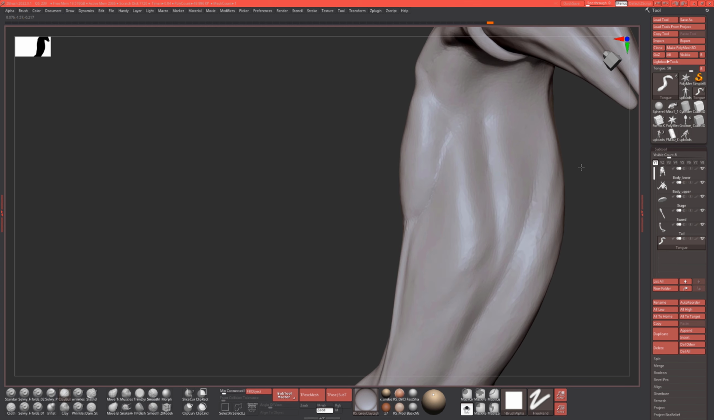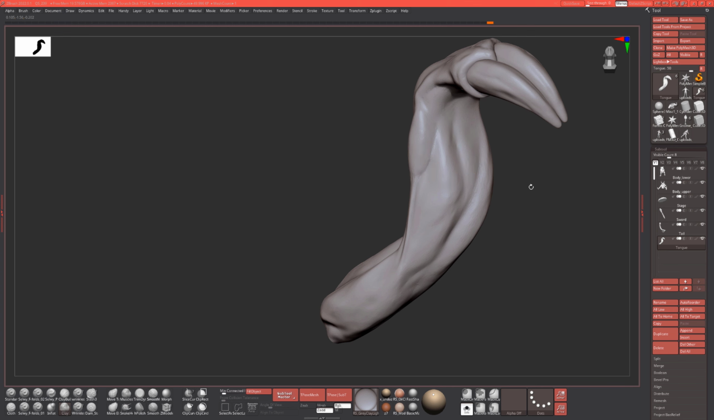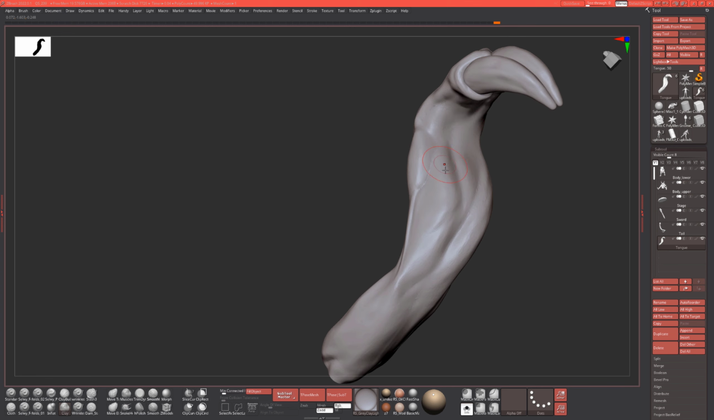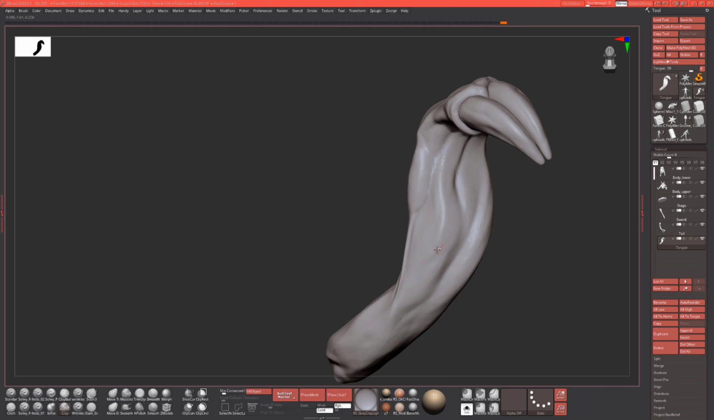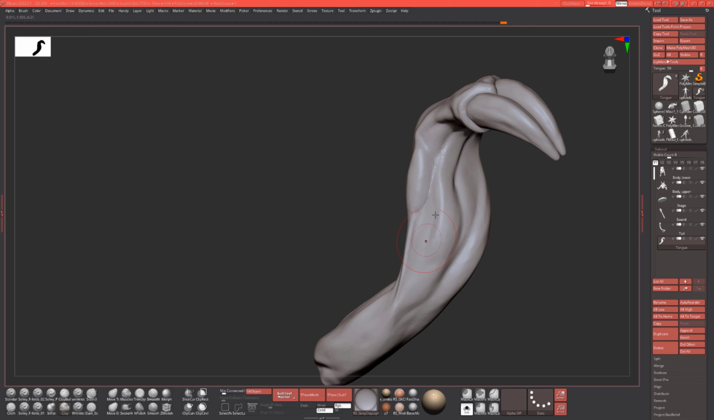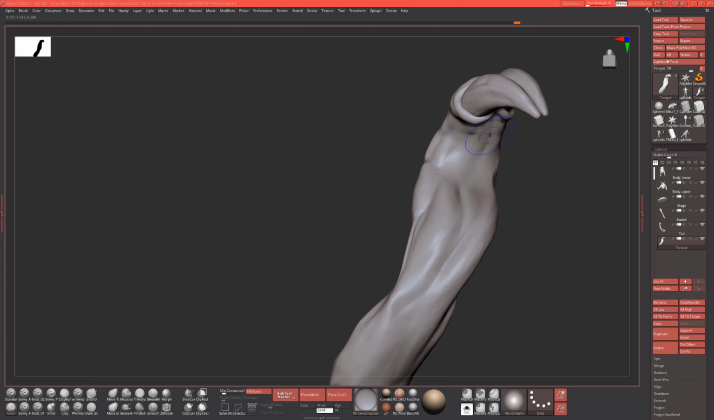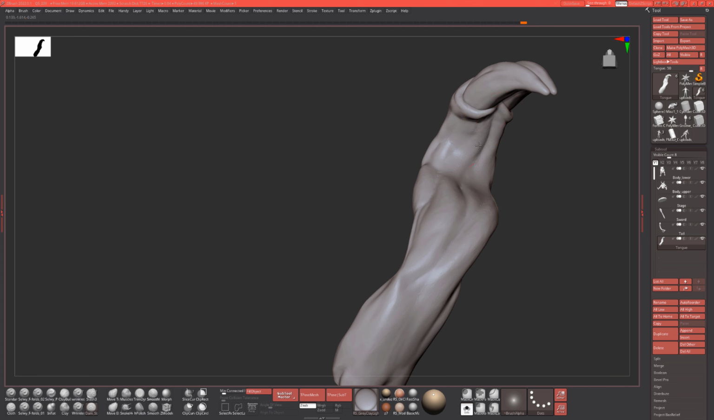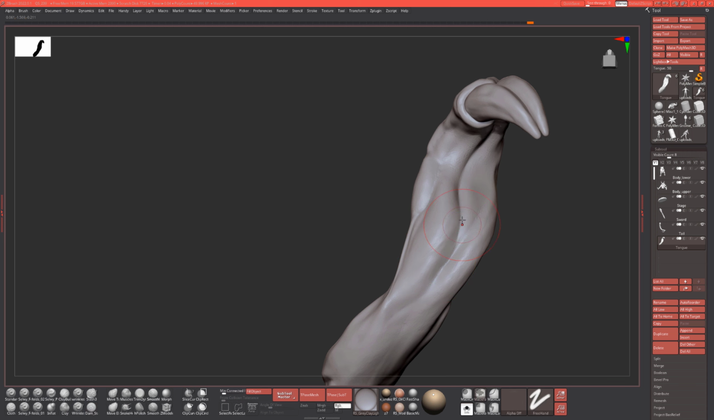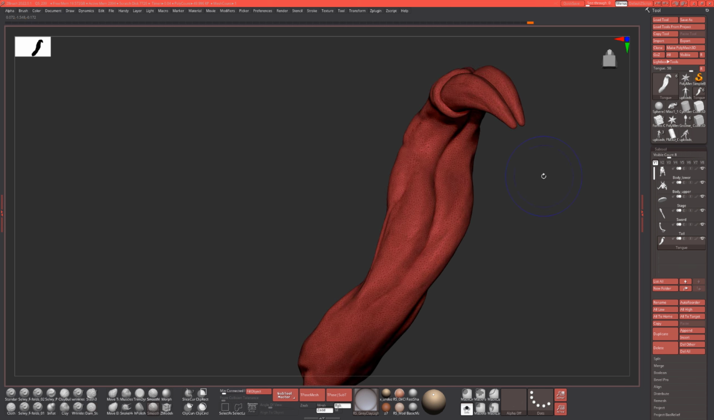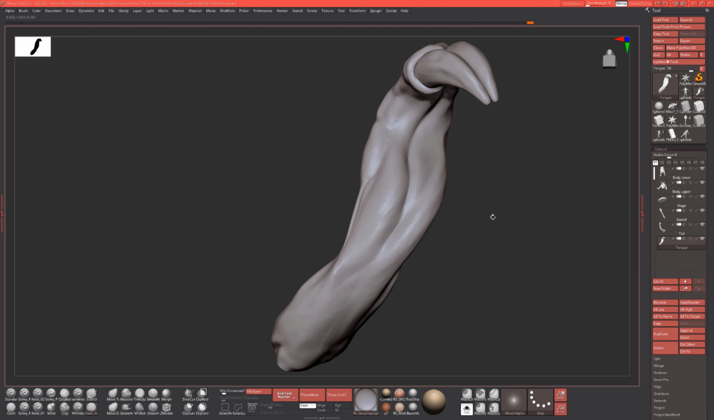Okay, so same process for this guy. I'm going to continue it somewhere up to here, perhaps. Make this whole section in here more voluminous. Smooth it all out. And with the Dam Standard, I'm going to create the shapes, right? I'm not making details with this brush. I am creating the forms and shapes. And just like with that line